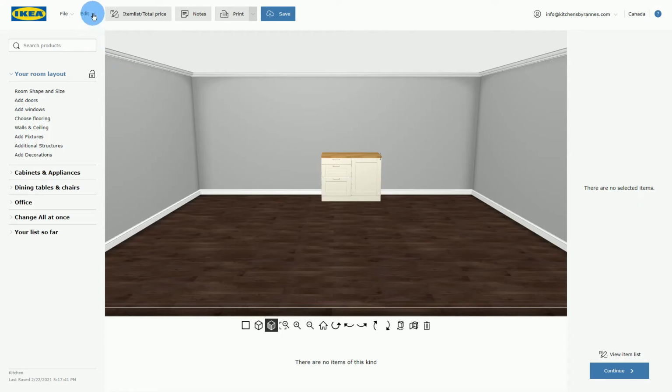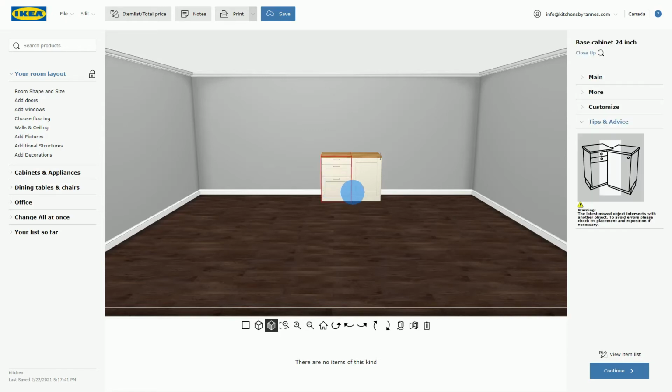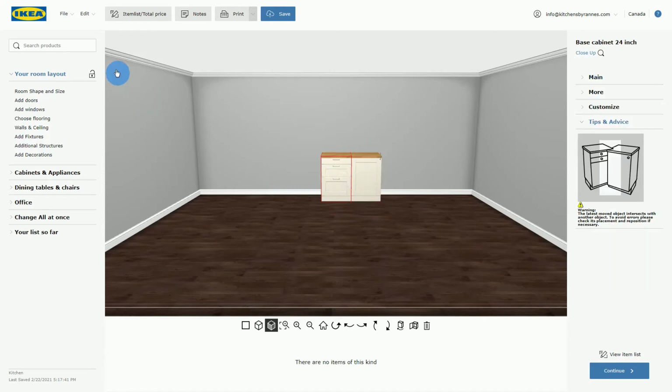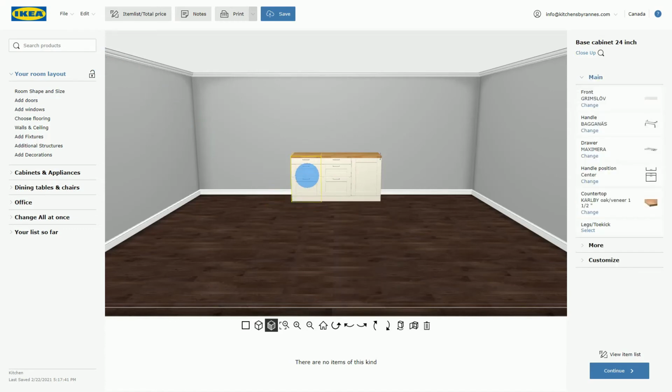We can go up and we can check the options in the Edit menu. The Edit menu relates to the components we have put in our kitchen. In this case, we have two cabinets, and you can select the cabinets by clicking on them one by one. And in the Edit menu, you have an easy way to duplicate. If you want another cabinet like this, you just click Duplicate, and the planner will fill in an identical cabinet next to the one you have already. You could also copy and paste, but that will practically give you the same result. You can also delete right there,